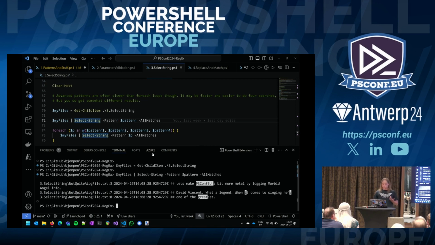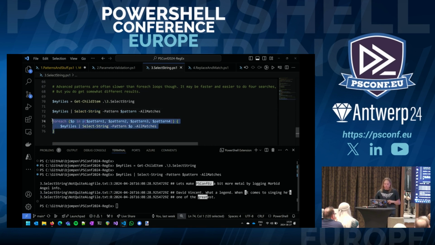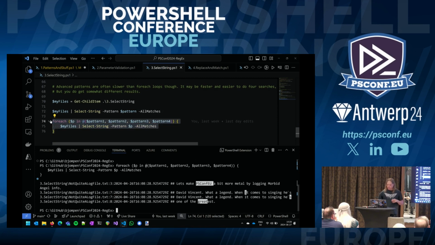Whereas if we do a foreach, we have the I and the S on different rows. So just remember behavior in this. If you loop through a pattern like this, or if you do it in one row, behavior may differ, but in fact, as soon as you go overhead with large advanced patterns, the foreach loop is faster.